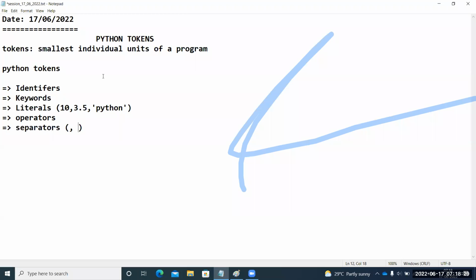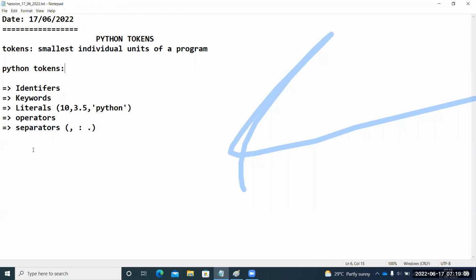Understood? Next one is colon. What is this colon? This colon is used for separating suites in Python. What is the suite? I will discuss. Next one is dot. What is this dot? It separates the class object name and the method name. To access any method in a class, we use the object, and the dot is used as the separator between the object reference and the method name. Understood, guys? These are called separators of this particular language. Only these 5 are the tokens of Python language.